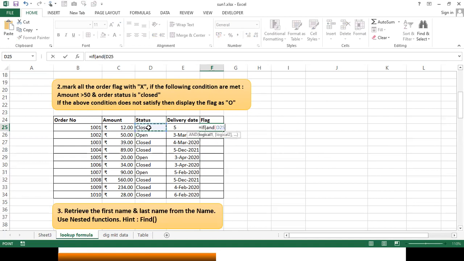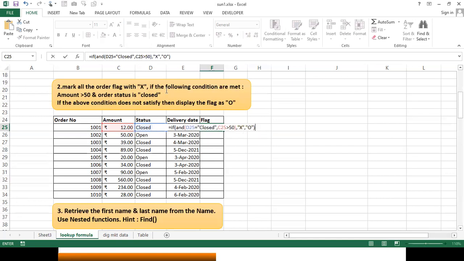If status is equals to closed, and amount is greater than 50, if these two are satisfied, I'll mark it as X. Else I'll mark it as O. This is what I'm going to write.